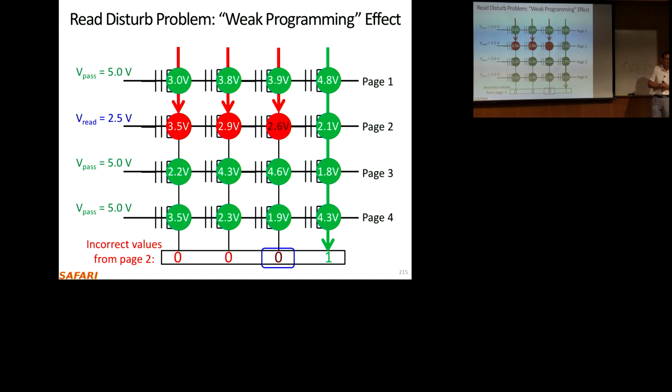So except for this transient error, does this also... So this is not transient. It's not transient. You're right. It stays. But does it also affect the endurance in the long run? Yes, it does. It affects a bit the error rate. It affects the endurance. So this weak programming basically eats away the endurance.